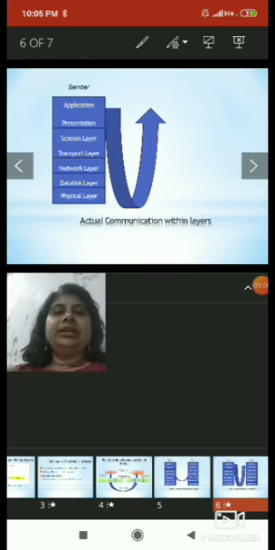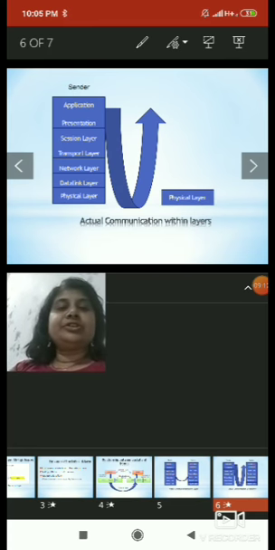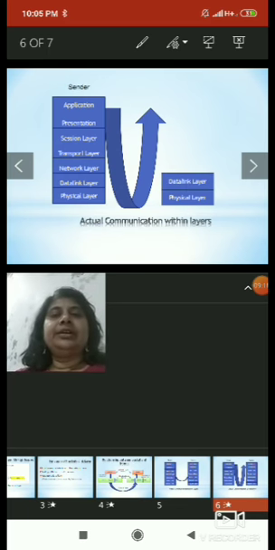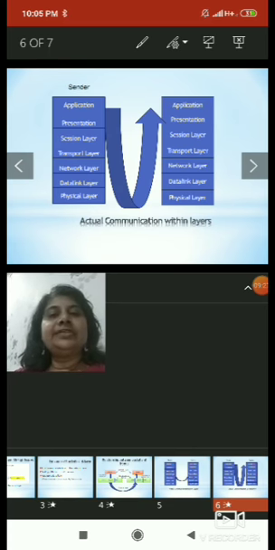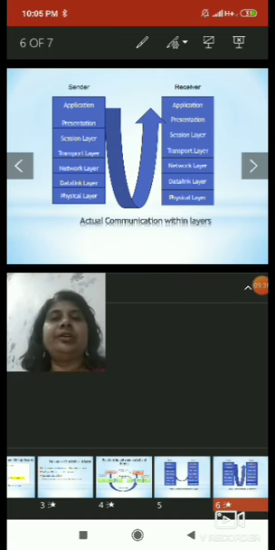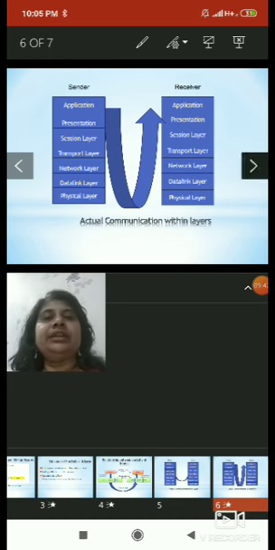Then when it reaches the receiver machine, first of all from the physical layer, then the data link layer, then the network layer, then the transport layer, then the session layer, then the presentation layer, and finally it reaches the application layer. In this way, data goes from the application layer of the sender machine to the application layer of the receiver machine. So this is the actual communication between the layers.